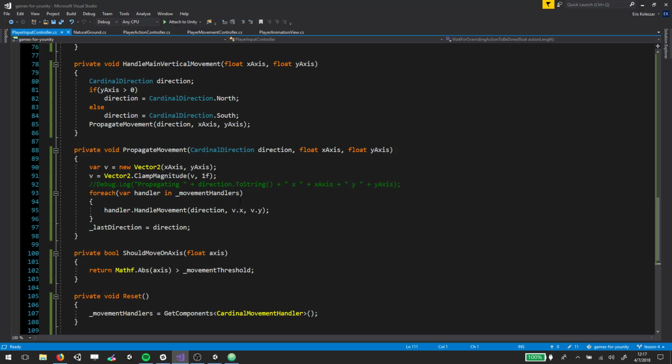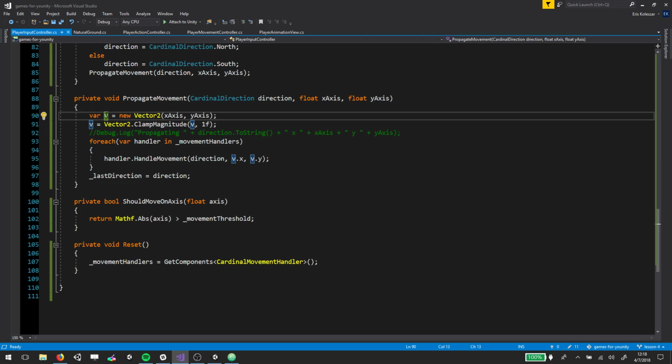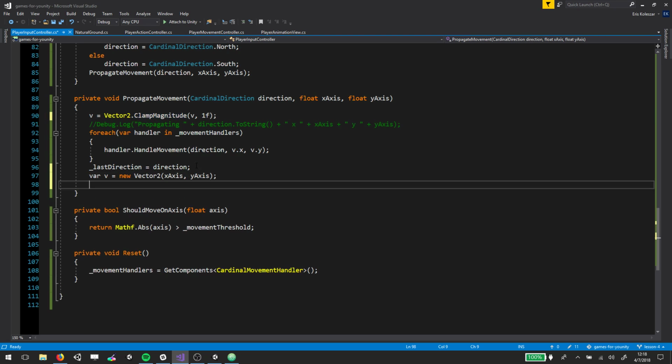So, before I did that, I wanted to bring up that in working with the lesson, I helped Lauren out with something. She reminded me that her point about where we declare variables is actually true for variables that do not belong to the class itself, but belong to a smaller scope. So here in this function called propagate movement, I made this variable v, and it's used in all these places. If I declared this variable down here,